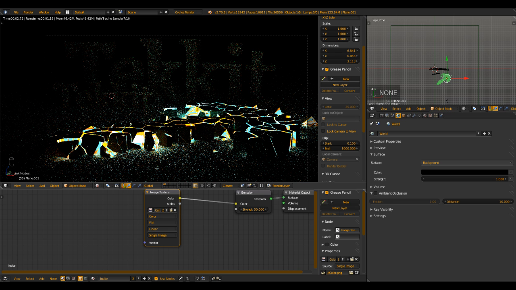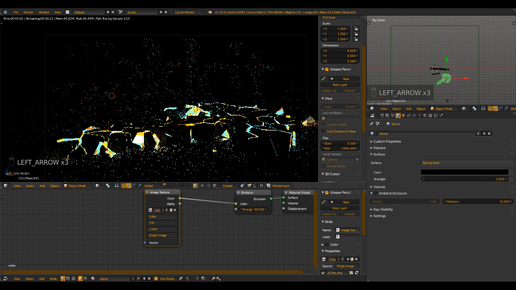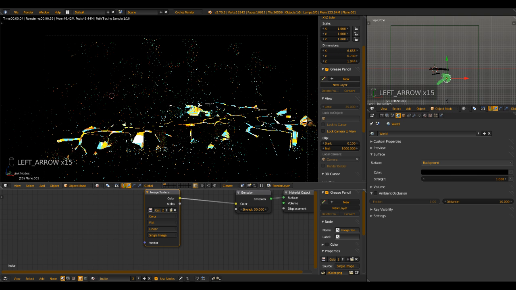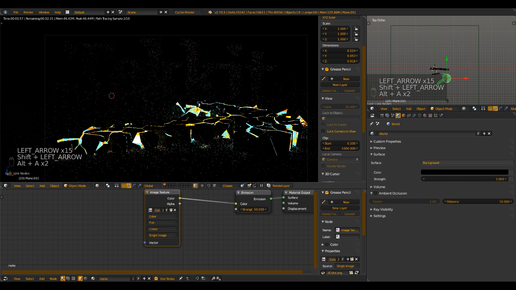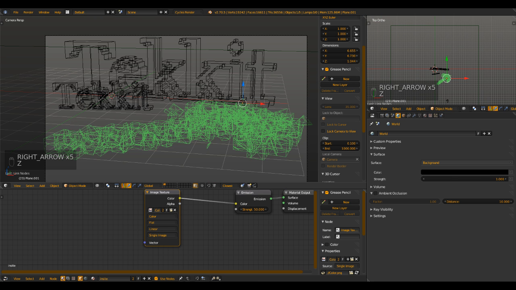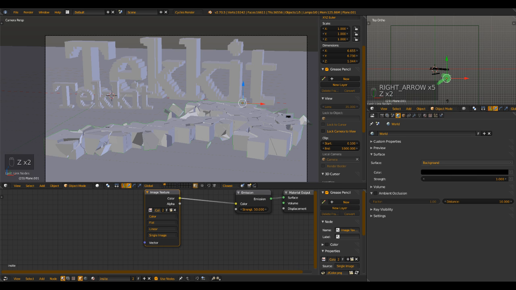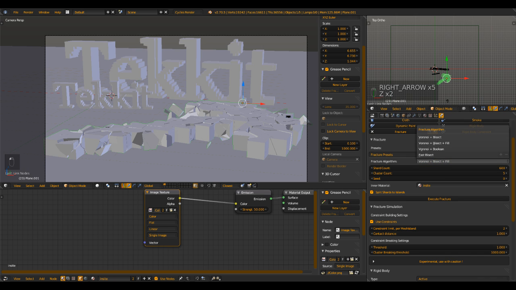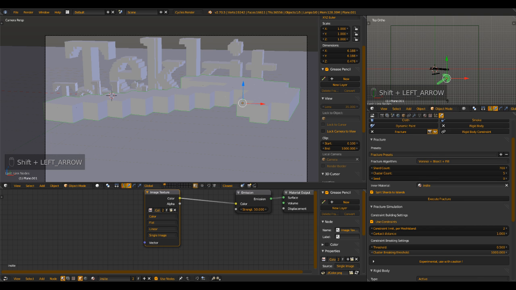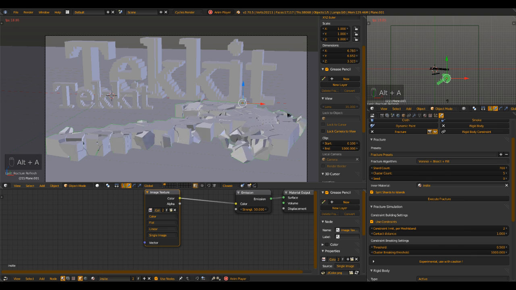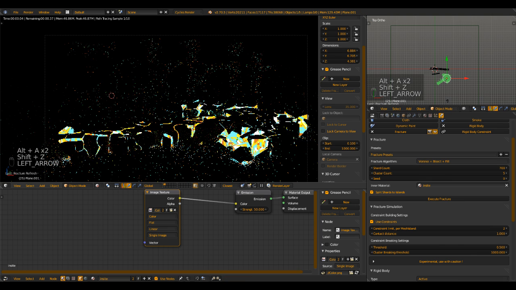And there's something else. Yeah, just find a nice frame here in the simulation. I think I will use some more scatters, so maybe 700, and I will set the threshold to 0.5 so it breaks a little bit easier. Execute the fracture. And now